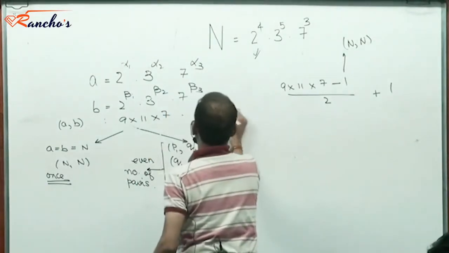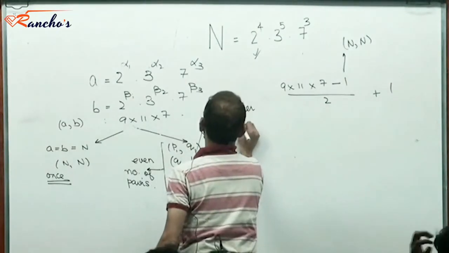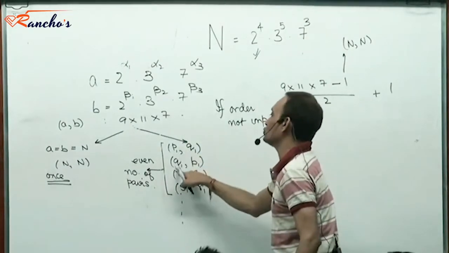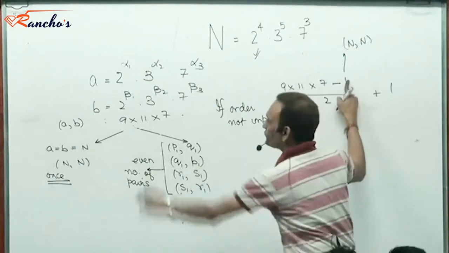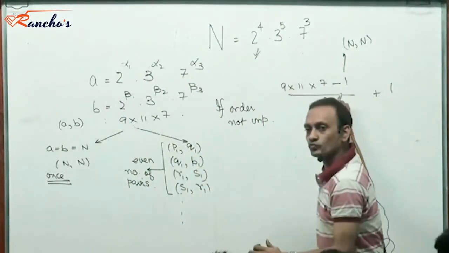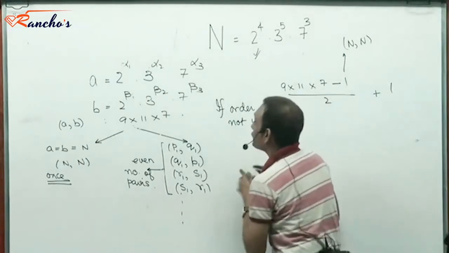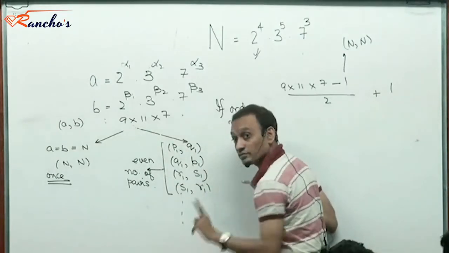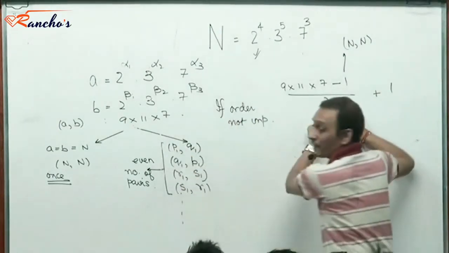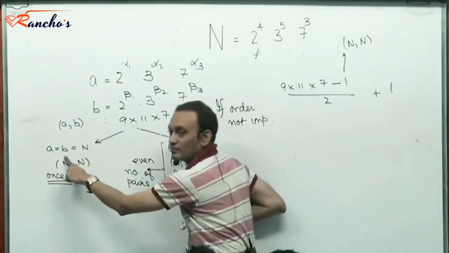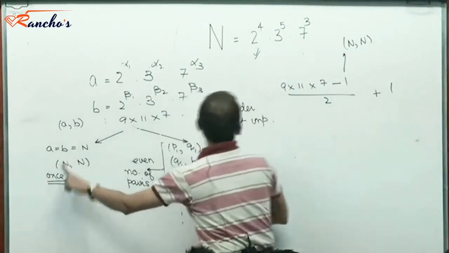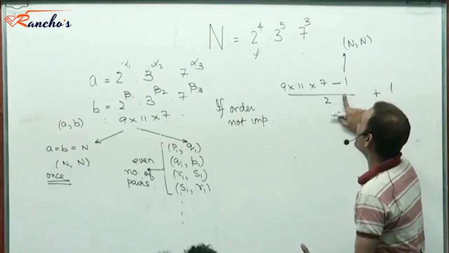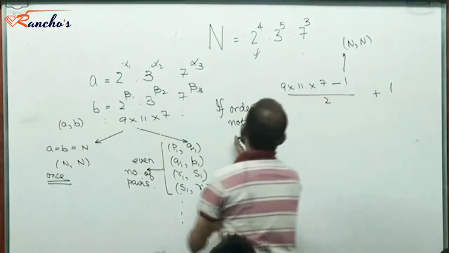If order is not important, then I wouldn't distinguish between P1 Q1 and Q1 P1. So I remove this one case and the rest I divide by 2. So I have suppressed Q1 P1, I have suppressed S1 R1 and so on and so forth, right? Then each would appear only once on dividing by 2. But for some reason, of course, I removed this one case. So I need to restore this case back. Yes or no?